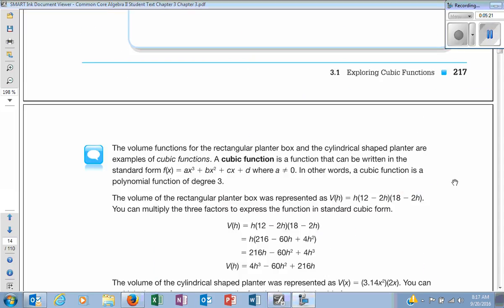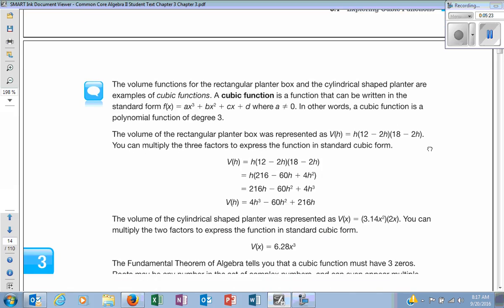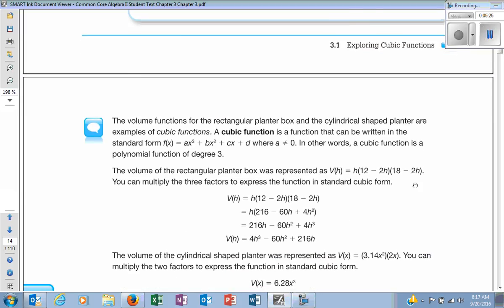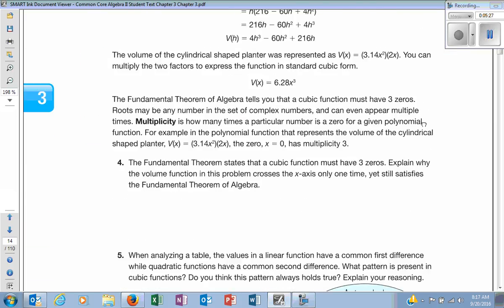So then we're going to skip down. The next page that we need to just be on is 218. And the only word I really want to go over is multiplicity. We kind of already discussed this word last chapter. Last chapter we discussed this when I said if you have